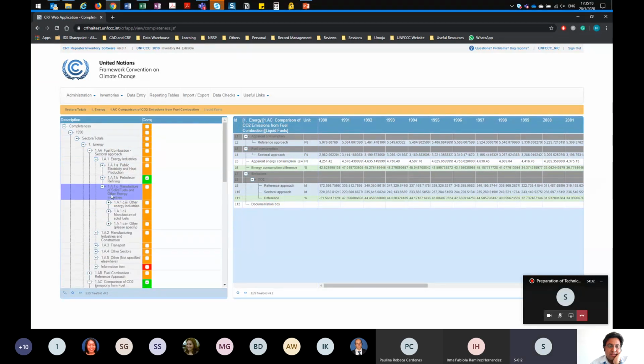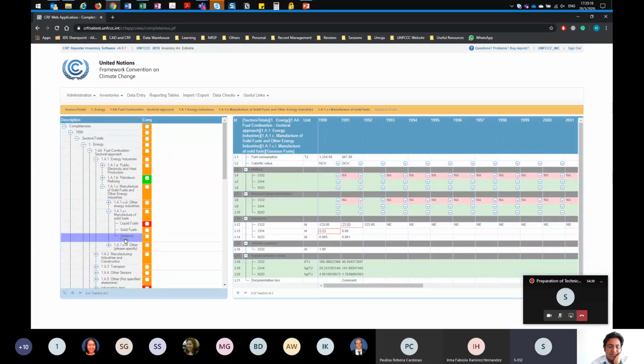Let me show you what I had added a while ago. In the case of gaseous fuel, I had partial data entry, so the color is yellow, and if you have not done any data entry, then the color of that tab is red. As you can see here, there is no data entry.